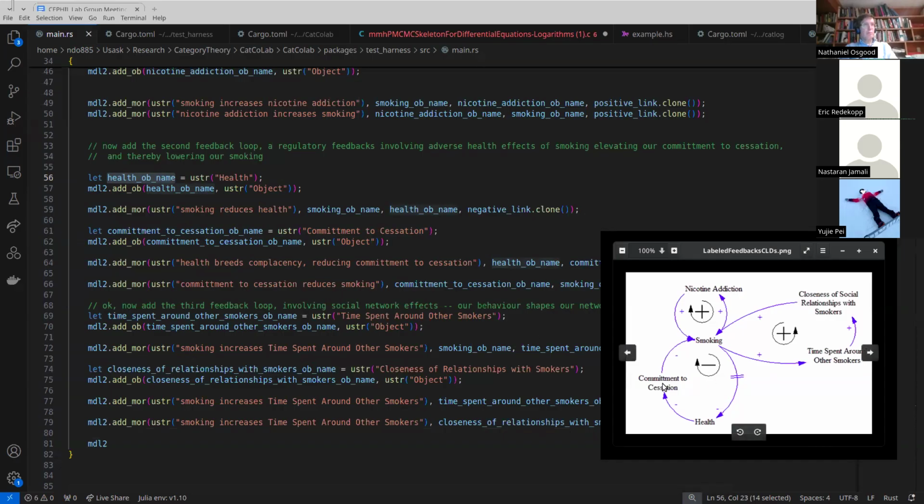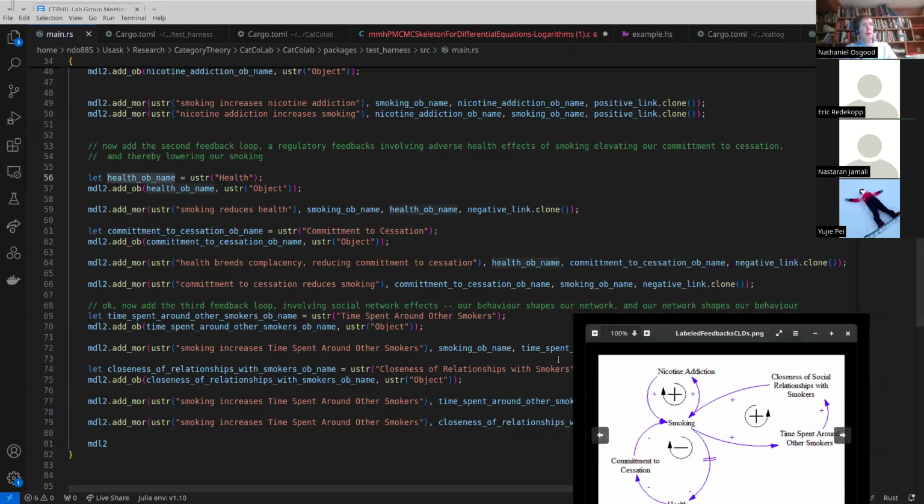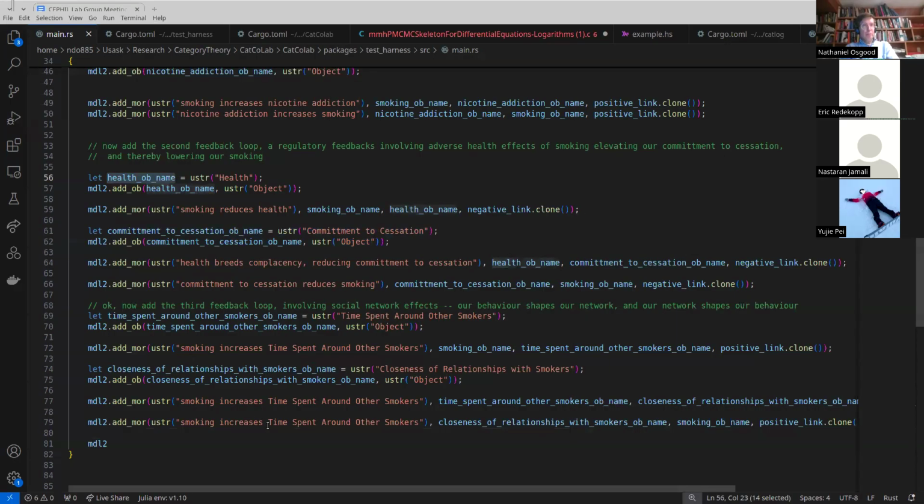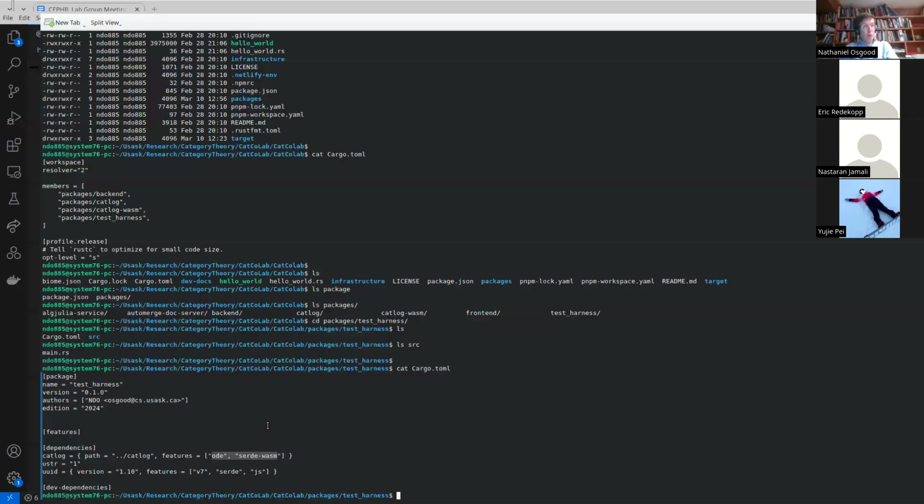And so then basically I add these various negative links, right? And then I add the third feedback loop and mutatis mutandis, and I've got to go change these things. Anyway, while I was building this up, of course, I was going and